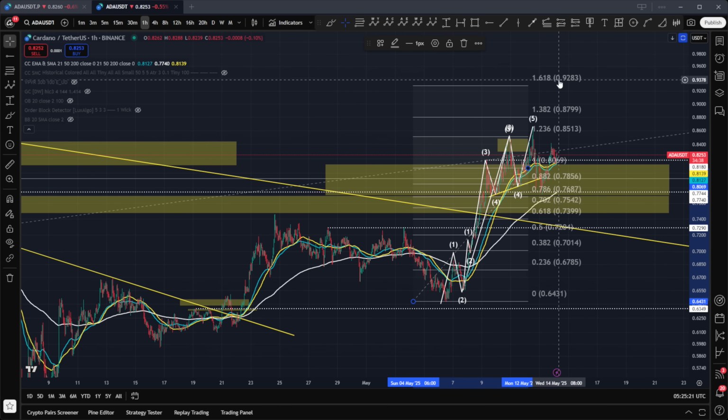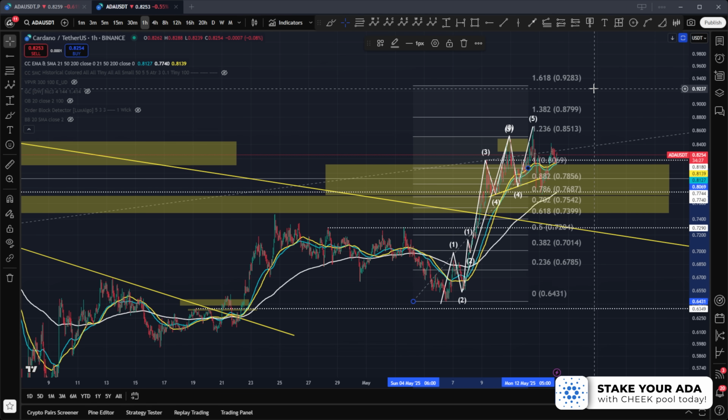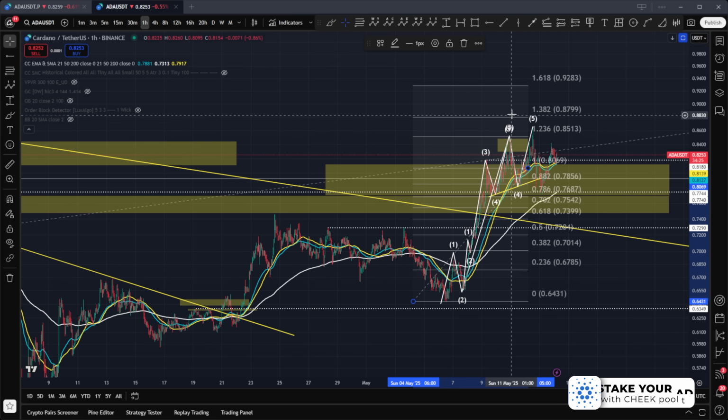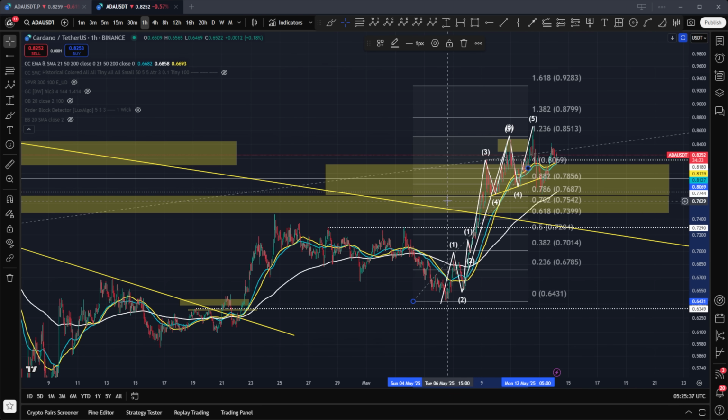So we are going to be looking for a continued push to the upside, in my opinion. Now, is it possible that, again, I have another miscount going on and we're just going to be pushing out for 92.83? It's possible. And I can't quite see at this point in time what that structure is going to look like to get us out to 92.83 cents. It's possible that maybe there's some other overextension that I cannot see at this stage going on. So it's going to be really interesting to see how that plays out over the next week or so.